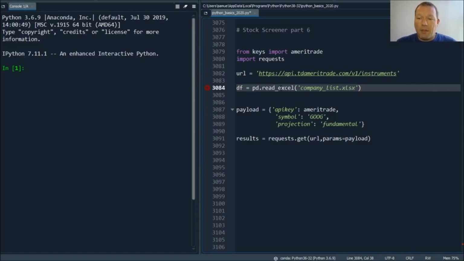All right. If you haven't seen before, this file is also on my GitHub, so you can go and grab it and pull it down. Let's see, company list. What is it saying? I'm not using it. Oh, all right. I need to bring in